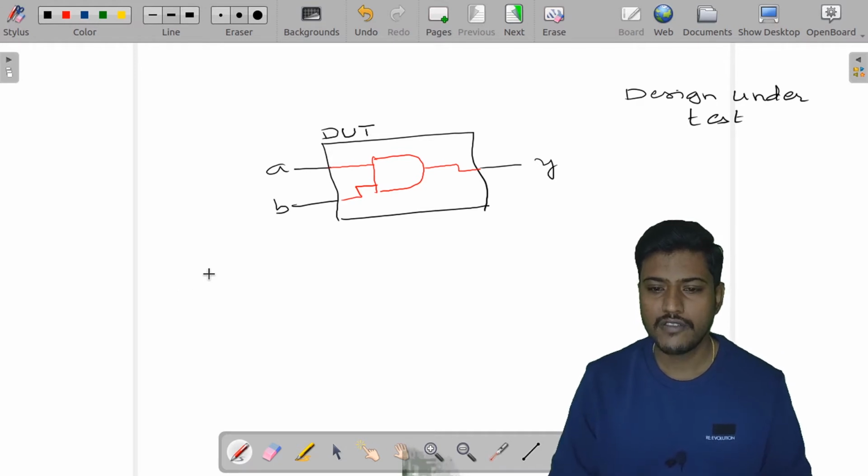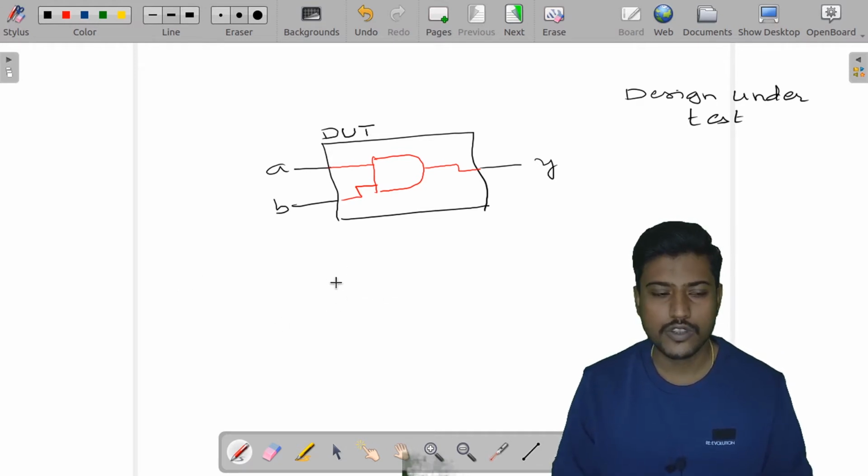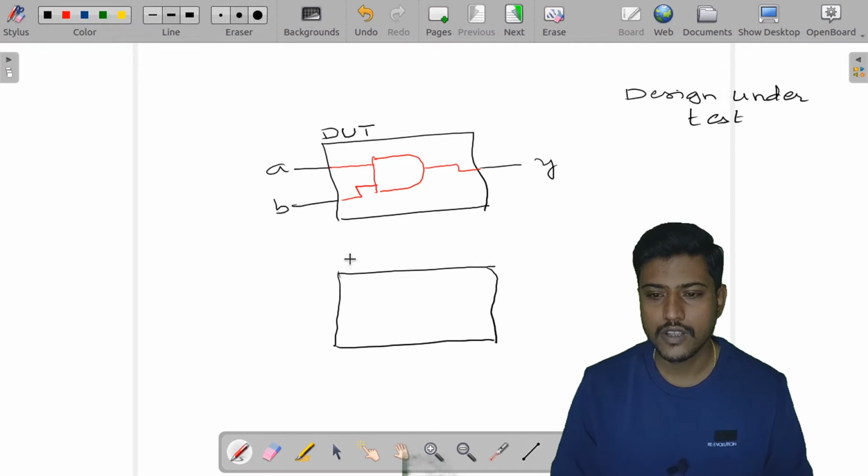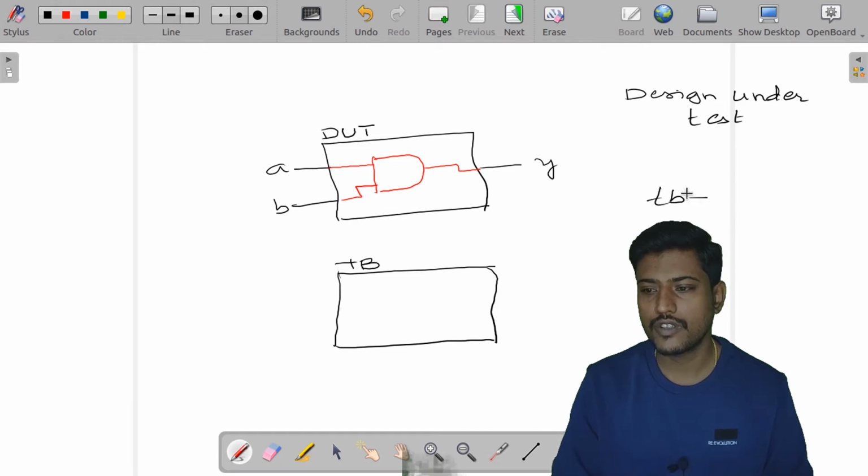So again we said that we are going to write one more set of code. We call this TB. TB is the general abbreviation for test bench. Okay.